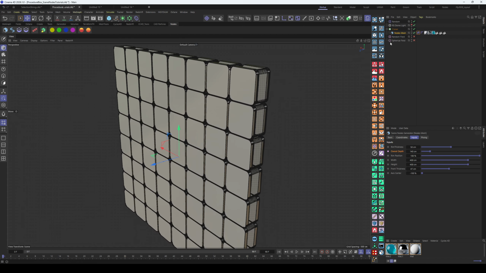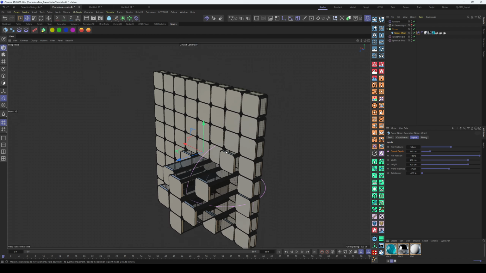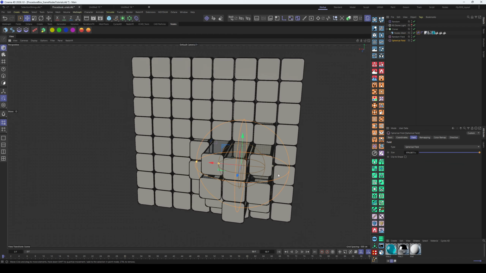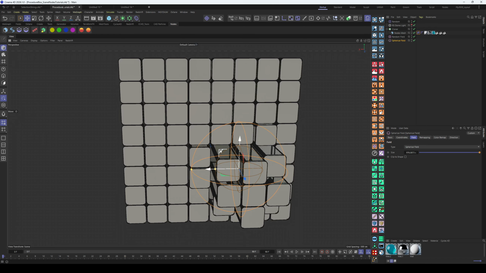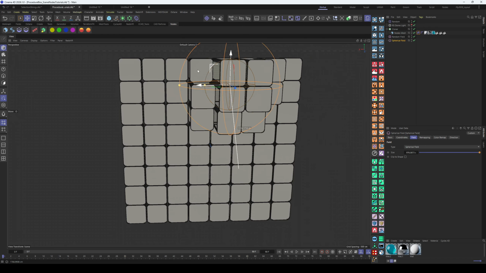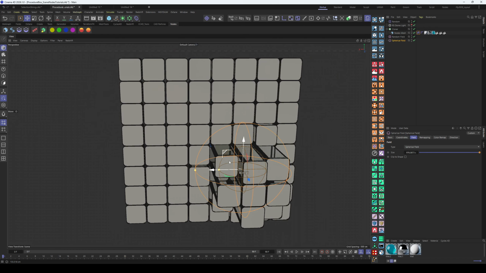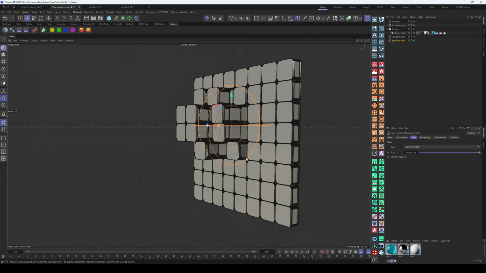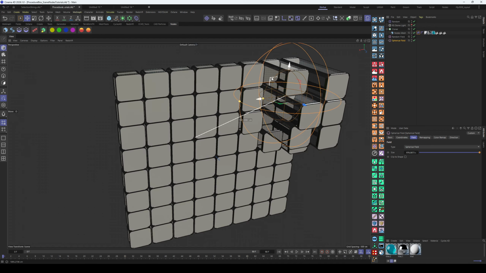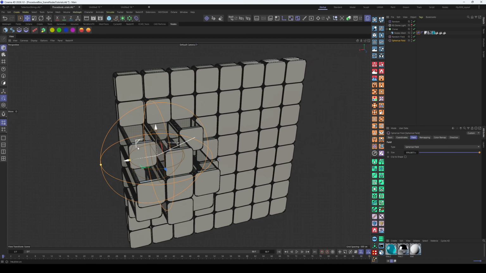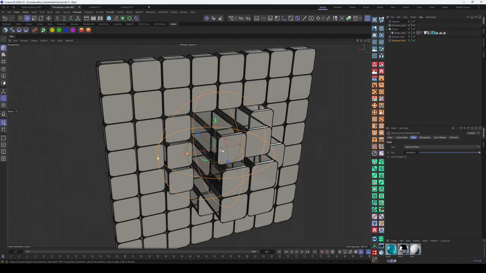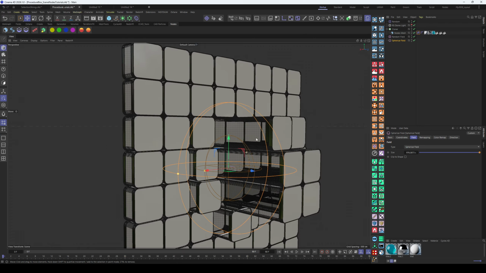So if we turn on the random effector in this spherical field, you can see that parameter can very easily get connected to MoGraph. Any parameter that you expose, you can use the field driver and have that connected into MoGraph